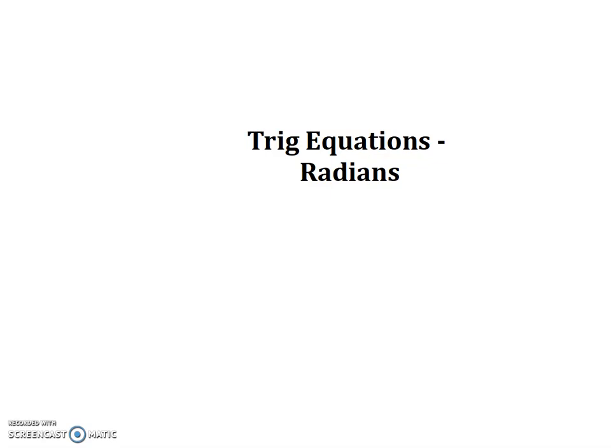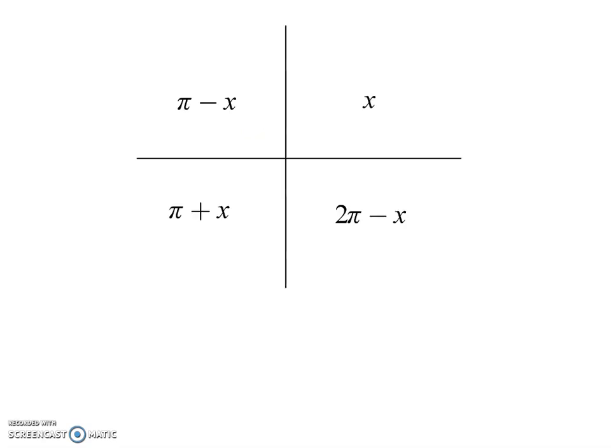Now we're going to look at solving trig equations, but we are going to be solving them in radians. So like with degrees, here is how we find each angle measurement. So you place your angles in the correct quadrant. If it's in the first quadrant, whatever x is, which is your reference angle, is the answer. In quadrant 2, we do pi minus x because we're short of getting to pi radians. Quadrant 3, we do pi plus our reference angle because we've gone past the x-axis. That's why we're adding it. And then in the fourth quadrant, we are short of 2 pi, so we do 2 pi minus whatever our